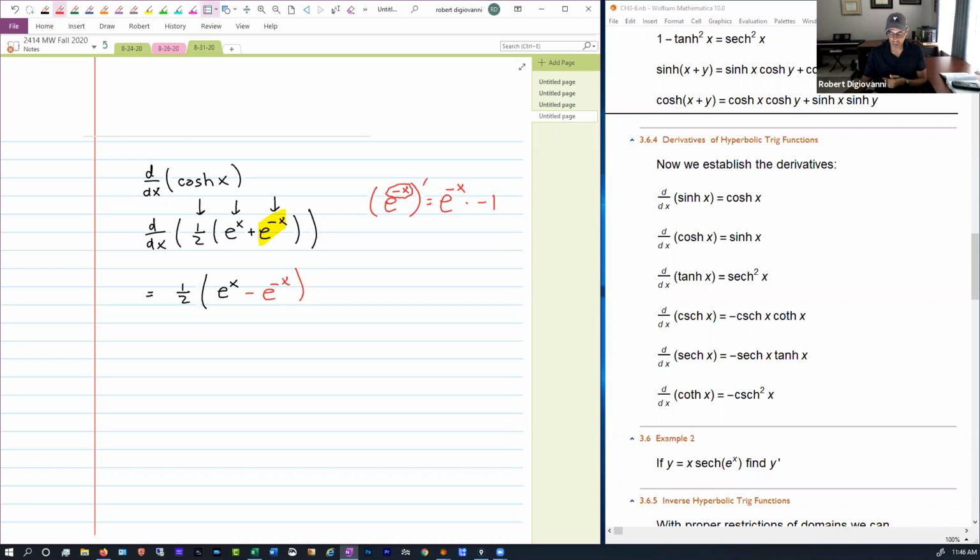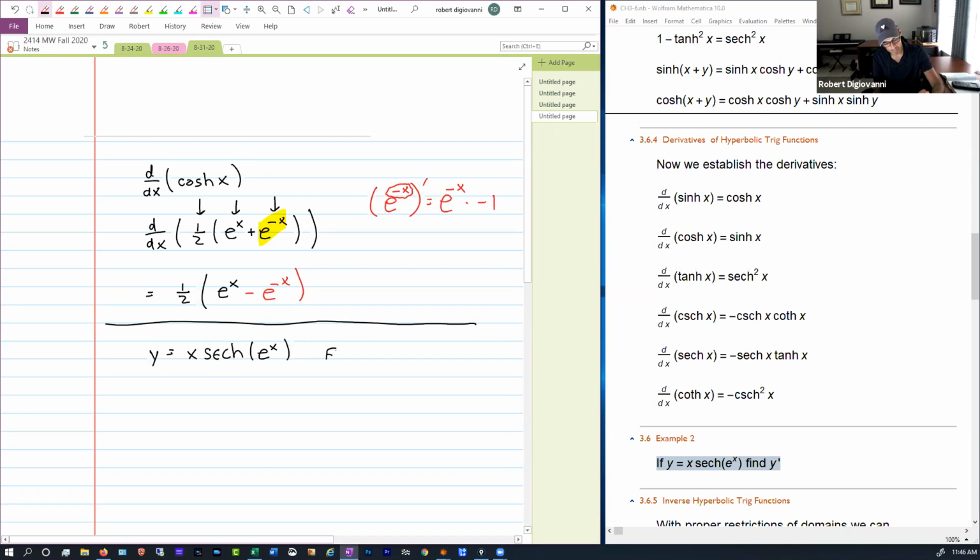All right, so this next example, let's just see how we can implement a derivative of a more complicated function where we might have to do some product rule and things like that. So if we take y equals x secant hyperbolic of e to the x, and we want to find y prime, then